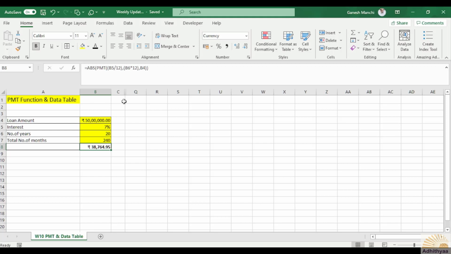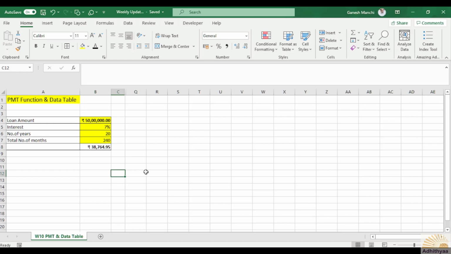That means the equated monthly installment for a loan of 50 lakhs in Indian rupees will cost you 38,764 rupees 95 paisa. I'll also bold this.